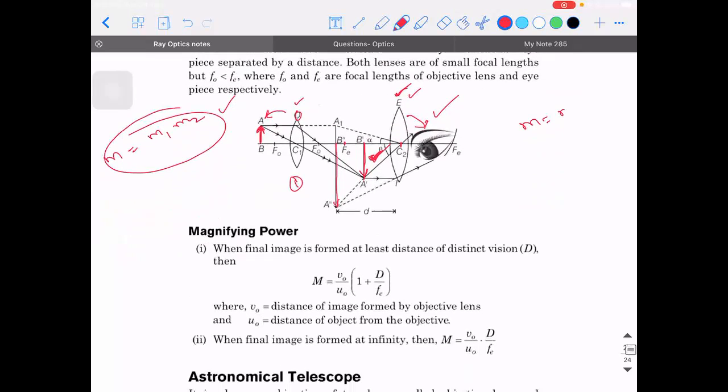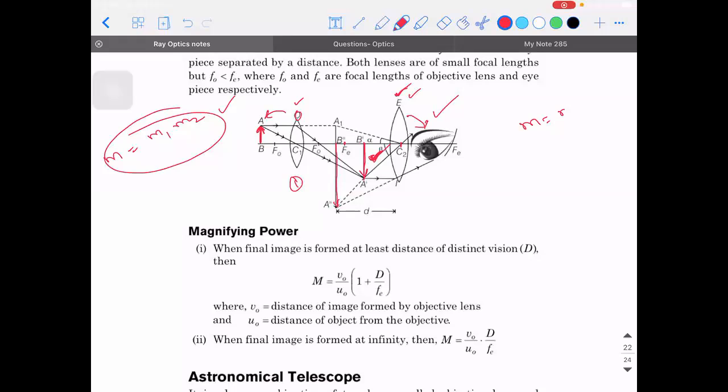Okay, so in the compound microscope too, there are two formulae that we are going to use. For every optical instrument we calculate a parameter called magnifying power, and it has the same definition. What is magnifying power? See, what is the difference between magnification and magnifying power? Did you understand that? First you need to have clarity. Can someone tell me first, when do we use the word magnification?